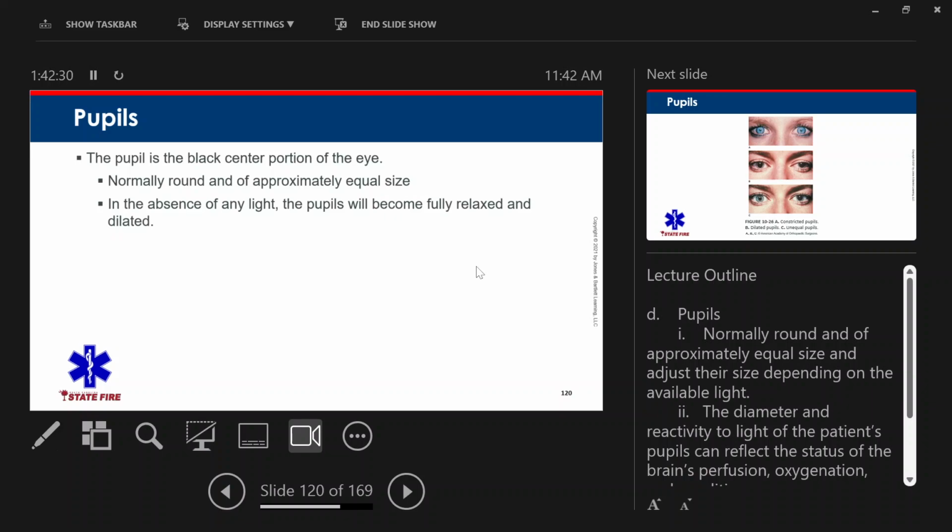Everybody good with how pupils work? Work to constrict, passive to dilate. So we understand that? If you don't get that now, you're going to struggle later because we're going to give you a problem and ask you, what would you expect this person's pupils to be based on the problem? If I'm on cocaine,